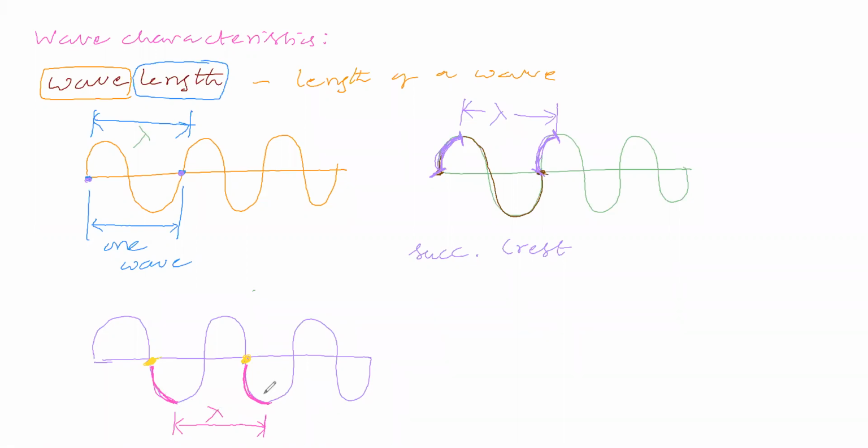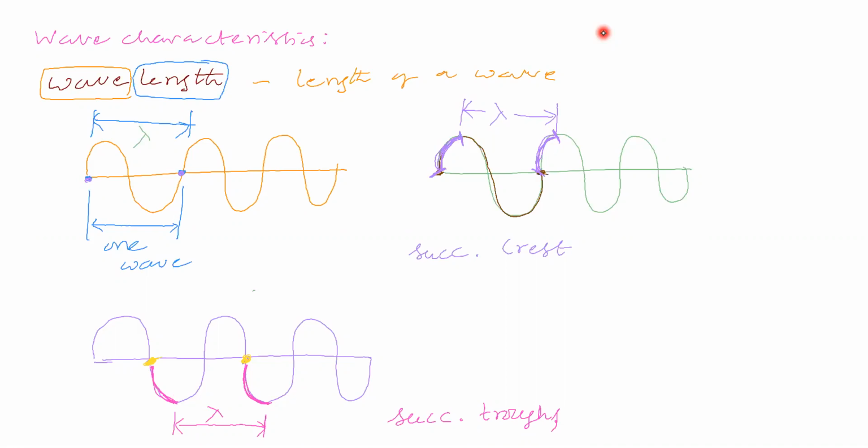Now it is a trough. Now we can say the distance between successive troughs is called a wavelength. So how do you define wavelength? You are taking one wave like this, from ear to ear, and this distance is called wavelength. So the length of a wave, the distance of a wave, is called a wavelength. Distance between two successive crests is called a wavelength. Distance between two successive troughs is called a wavelength.